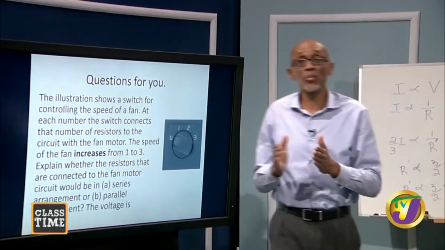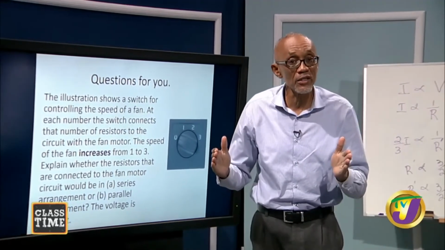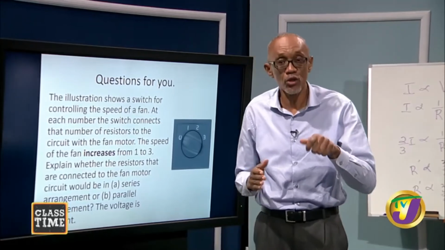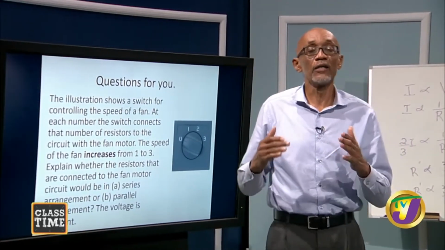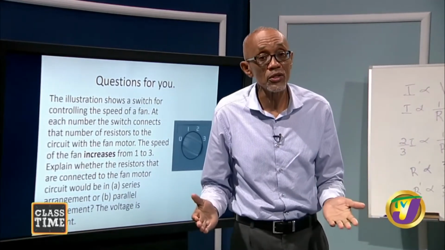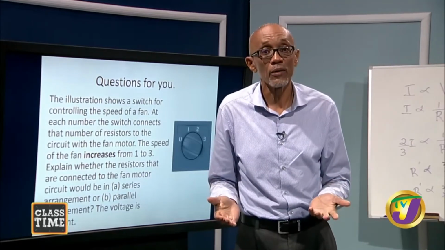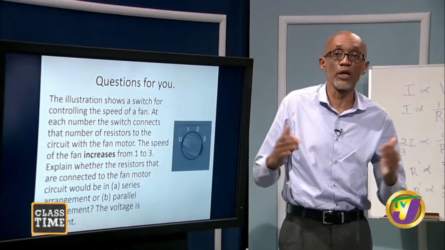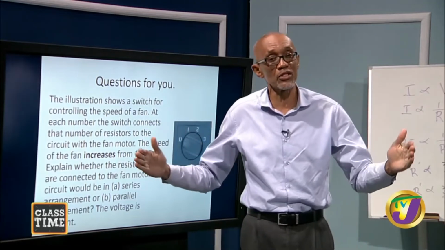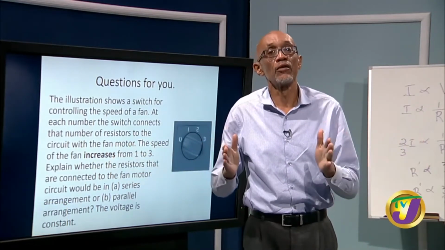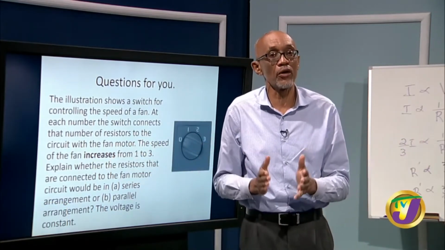If the resistors are placed in series, when I click from 1 to 2, then the current would be reduced and the fan will go slower. Because remember, we said that when you increase the number of resistors in series, the resistance increases and the current